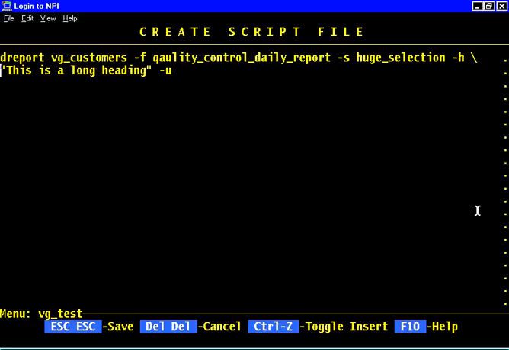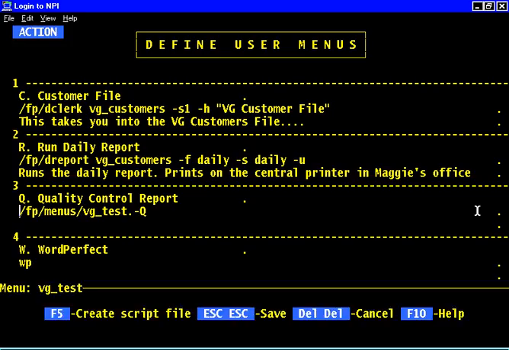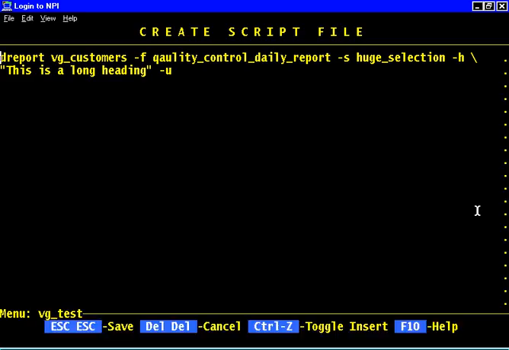Another thing useful about now, if we press escape, or escape on Windows, just to store this, now there's something new down there where it says choice queue. We have our choice queue, we have our description, but the action now says /fp/menus, which just means FilePro will find this in the menus directory, and it's going to find the name of this menu, which is VG customers, .-q. That's a little file that tells FilePro what you want to do, and indeed the file is, you press F5, this file right here. So you see how we've managed to put a very long file name in a very